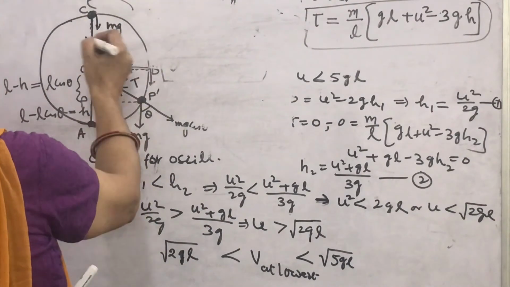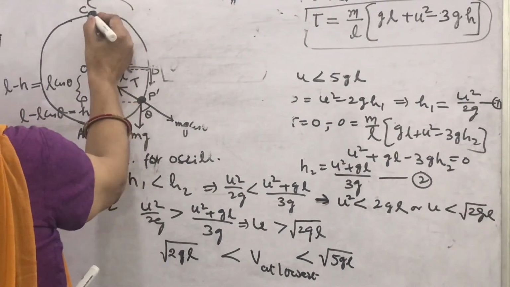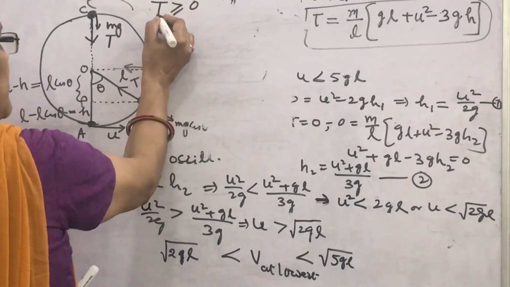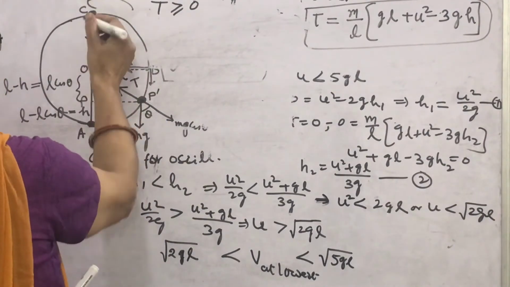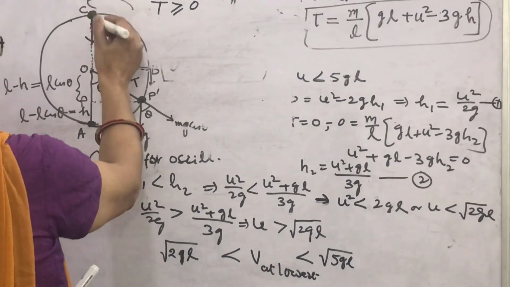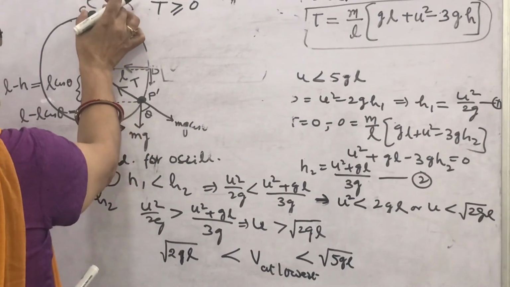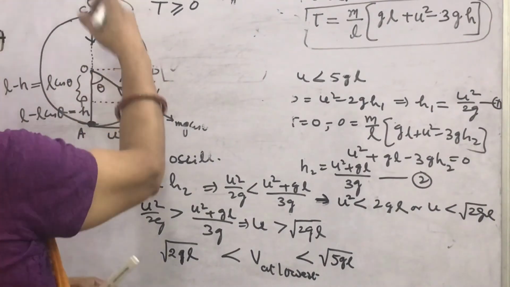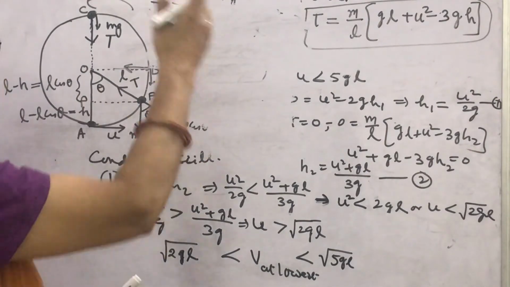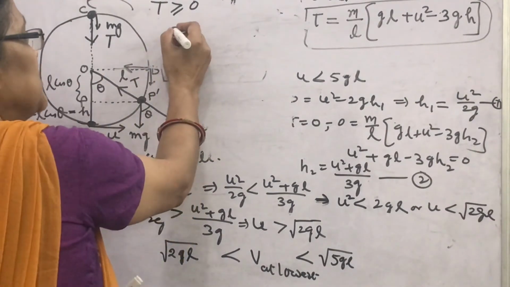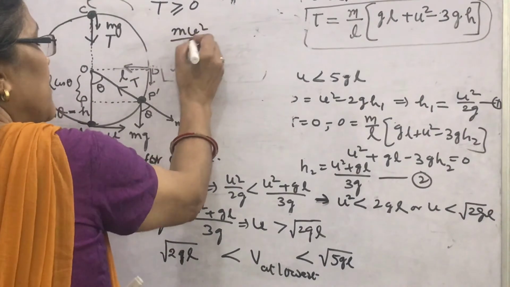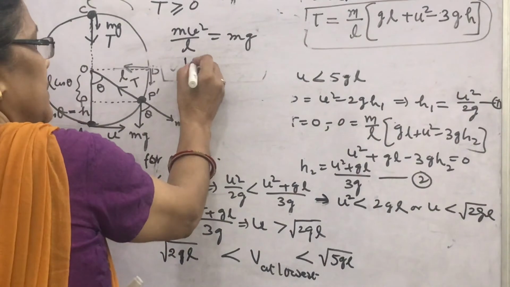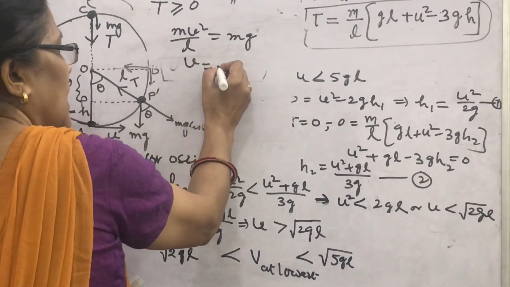At the topmost point, we found that if there is tension greater than or equal to 0, the minimum tension to cross this point C, highest point C, then what is the condition? That is the full weight of the bucket provides the centripetal force for the circular motion. What is circular motion? Centripetal force mv square by L. What is the weight of the bucket and water? mg. Therefore, V is under root